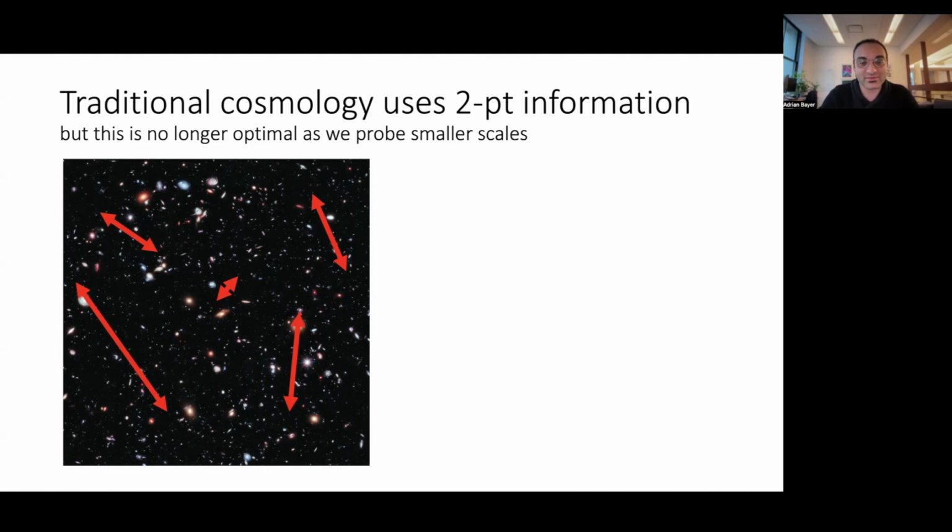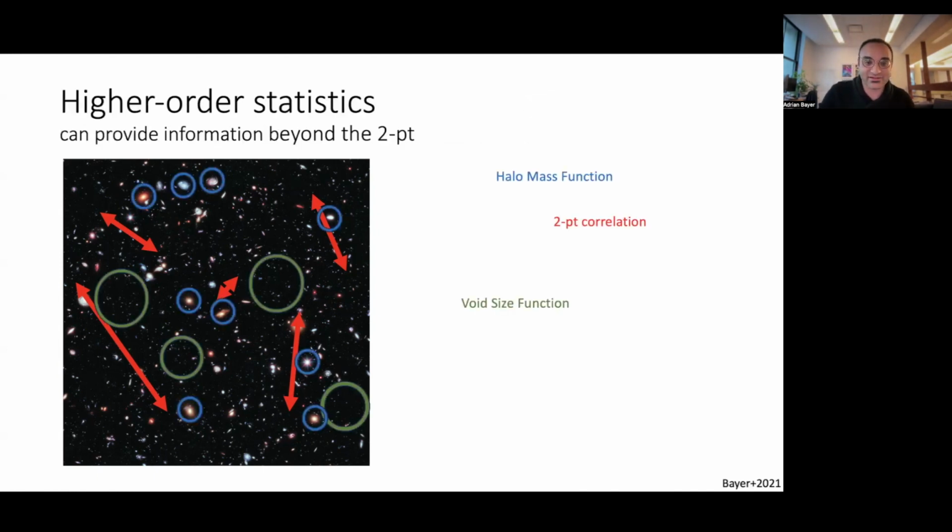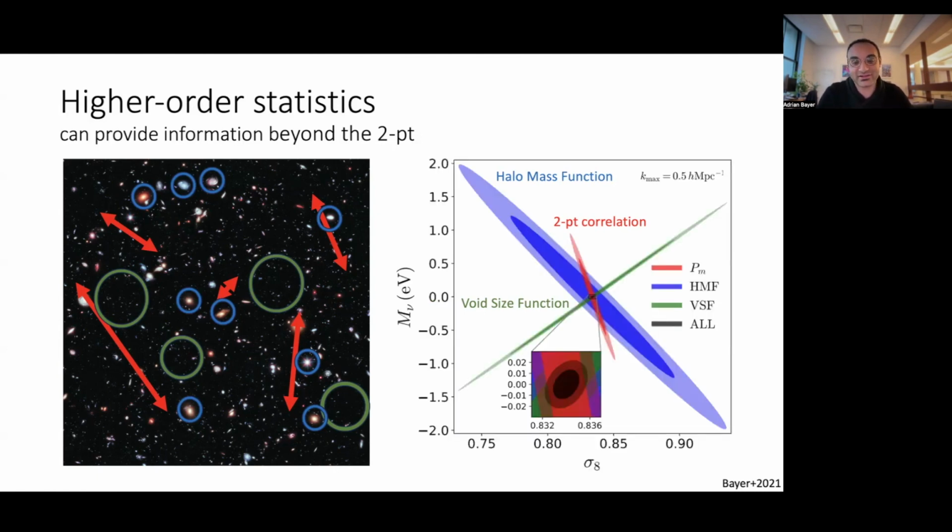One way to move beyond the power spectrum, to move beyond the 2-point information, is to include higher order statistics. Two such higher order statistics you could look at are the halo mass function, which is a histogram of the masses of halos in your data, or the void size function, which looks at voids, these empty regions of space, and makes a histogram of how large they are. And by using this information in conjunction with the 2-point information, you can get even tighter constraints on neutrino